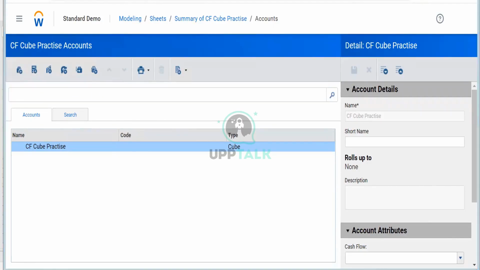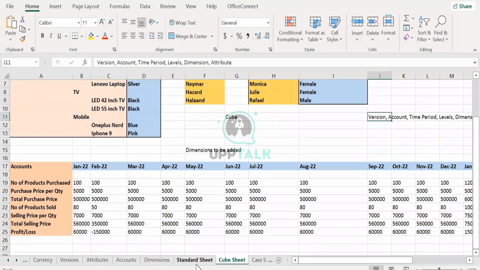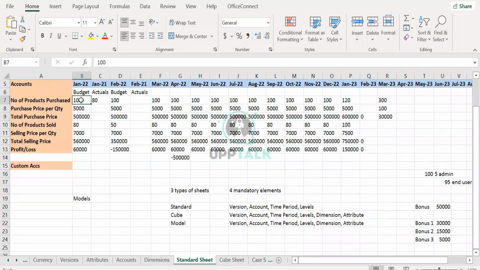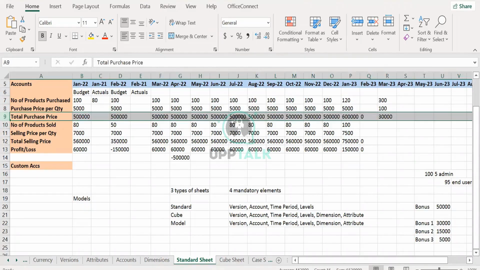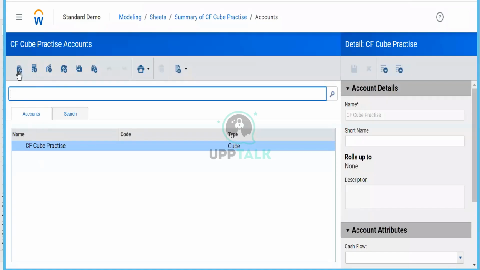For example, if you want to build this sheet, this is a standard account, but this is a calculated account because we are running a formula. For certain accounts, you will use the first option, create new Cube standard account, but for calculated accounts, you use the second option, create new calculated account.